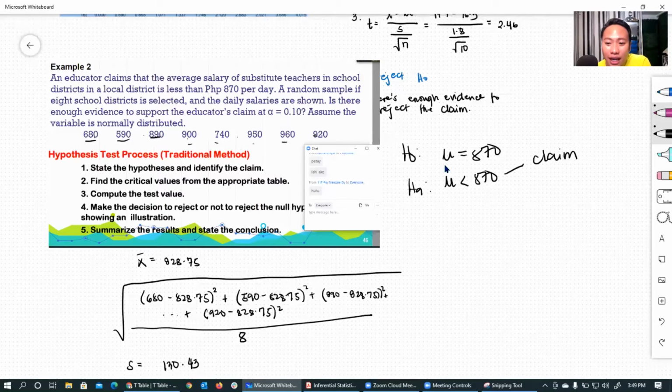We are rejecting... sorry, my bad. You are right, Richard. You said there is enough evidence to accept the claim, so we are accepting this. Okay, we are accepting the H0. This is true, this is the claim. We are not accepting this one. Your conclusion is